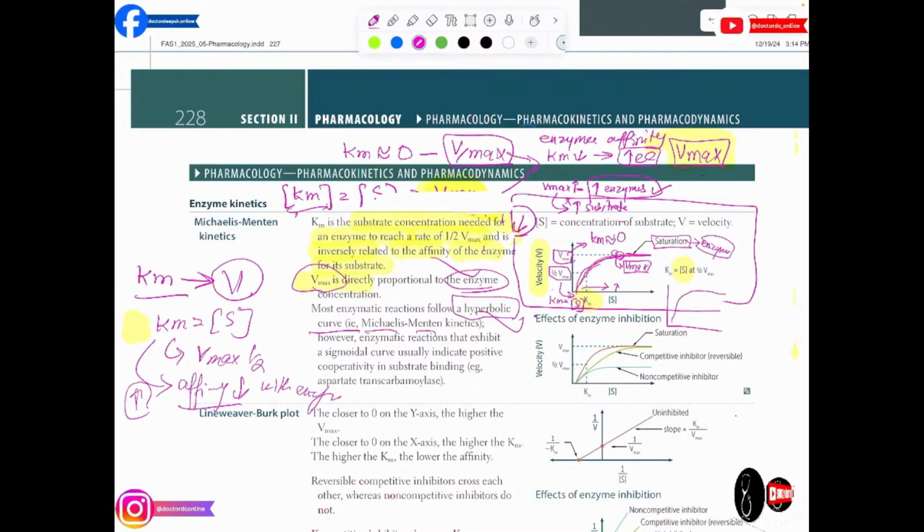However, enzymatic reactions that exhibit a sigmoid curve usually indicate positive cooperativity in substrate binding, like aspartate transcarbamylase. Such a sigmoid curve indicates positive cooperativity. Now, secondly, from the